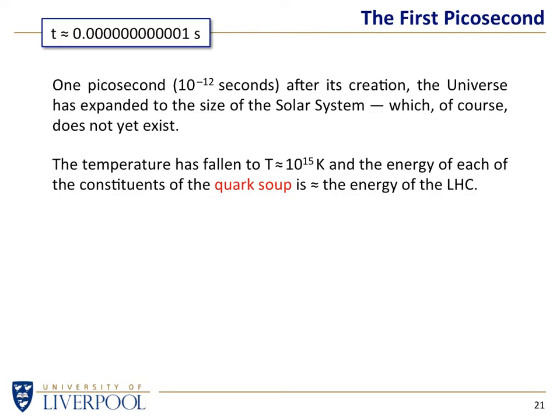And the temperature is now quite a balmy 10 to the 15 Kelvin. So what's that? That's 1,000 million Kelvin. Very hot still, even though the universe has now expanded from a point to something the size of the solar system, and it started to cool off. It's still extremely hot. And it's made of fundamental particles. Our understanding of fundamental particles is that electrons are fundamental, and quarks are fundamental, and nothing else is.